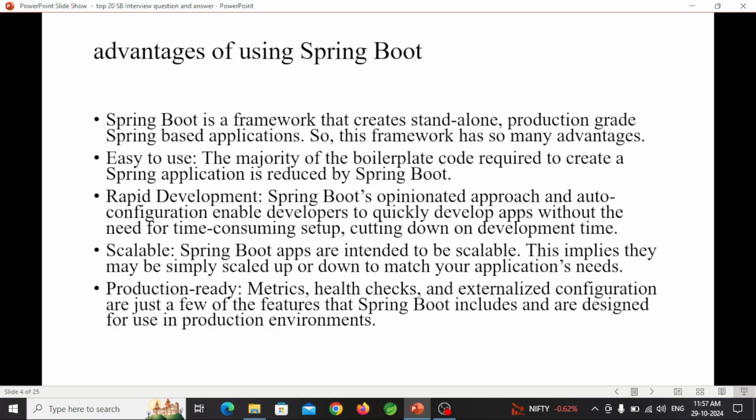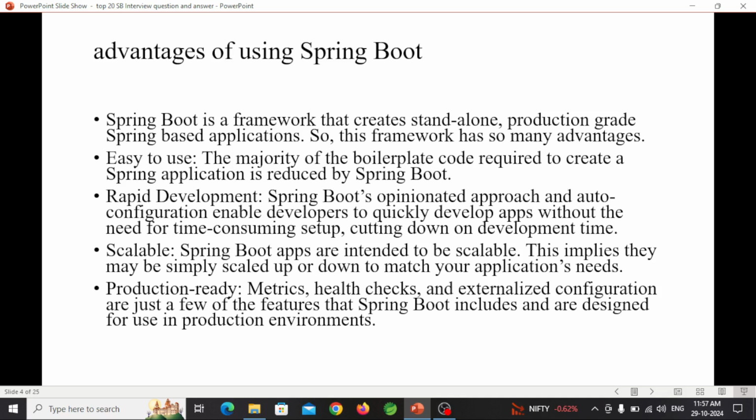Now the advantages of Spring Boot. Spring Boot is a framework that creates standalone production grade Spring based applications. So this framework has so many advantages. Easy to use. The majority of the boilerplate code required to create a Spring application is reduced by Spring Boot.